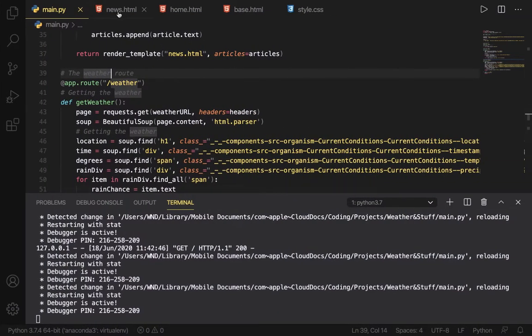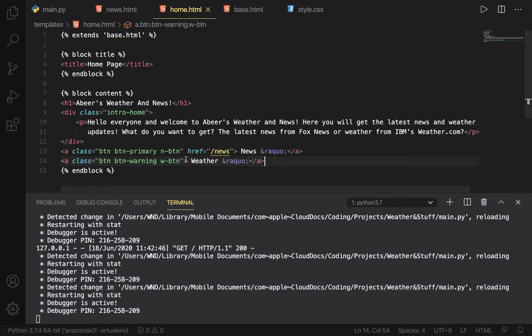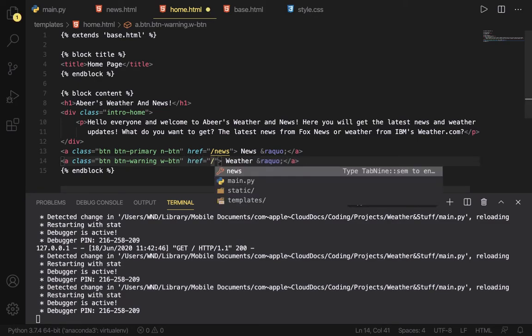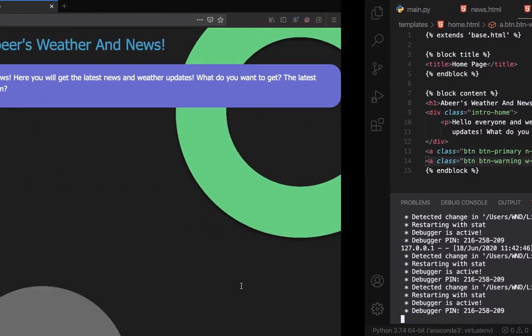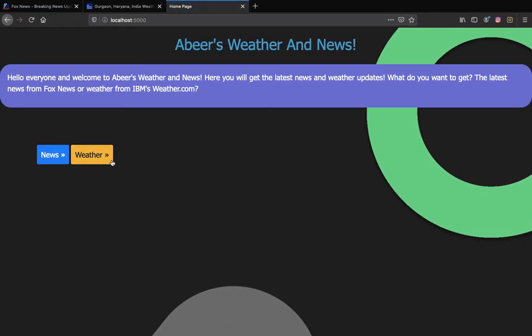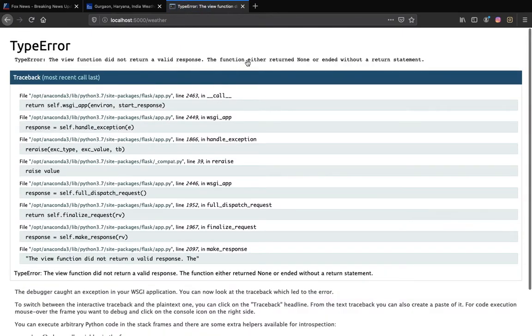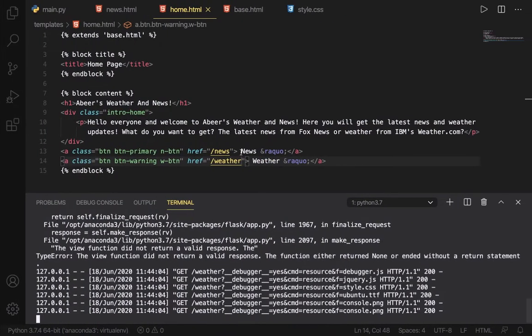Oh, we haven't actually assigned that. Let's do that as well. href is slash weather, and I'm using tab 9, so that's why it shows all these suggestions and all. Okay, let's go to slash weather. The function what?